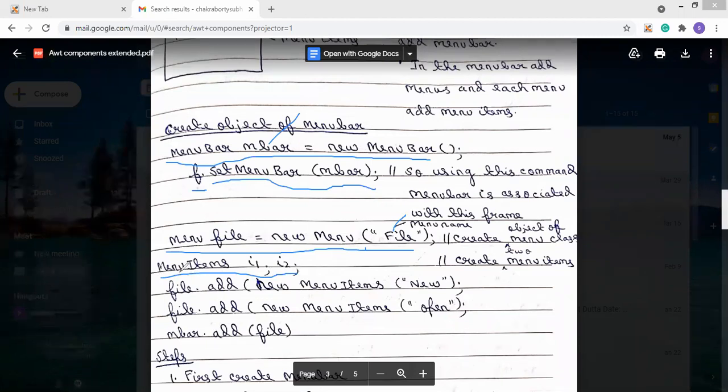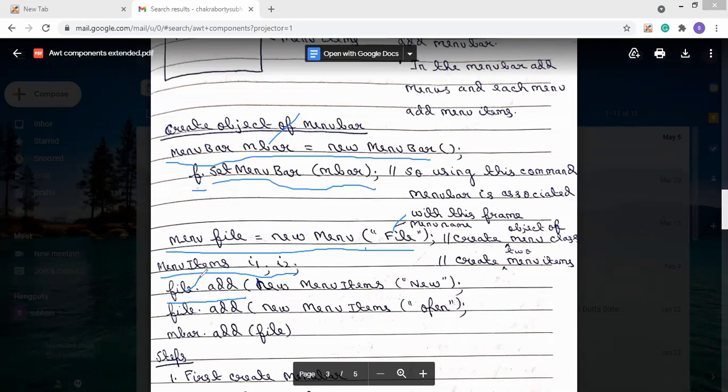So how will it be created? MenuItem i1, i2, these two menu items. Then file.add: you have seen that we used the add method in the AWT cases, and through add we can add the items. What is this file?